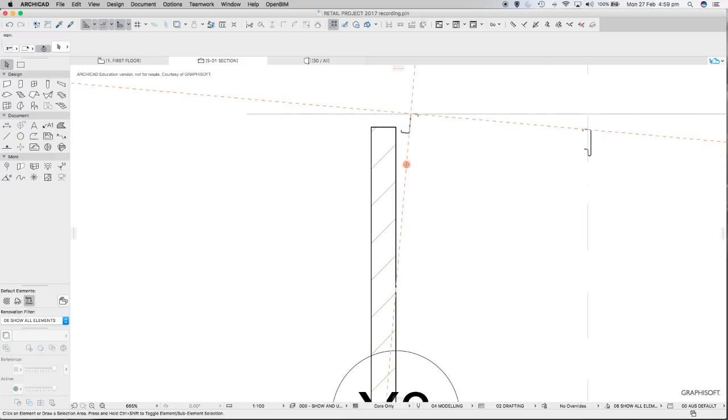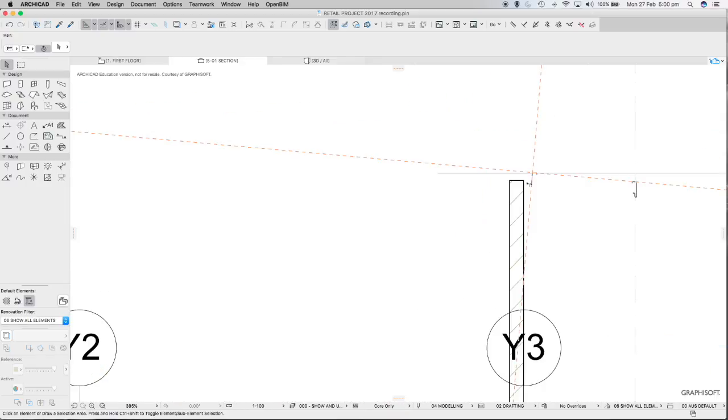So if I grab that guideline and get rid of it now, well, no, I won't. I'll make use of that. We need one of these purlins every 2.4 meters. So we can grab this guideline and move it out here 2400,